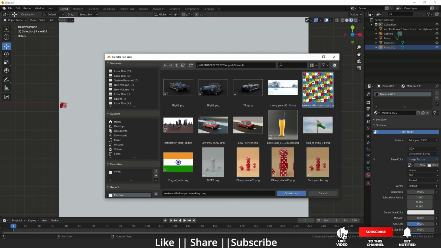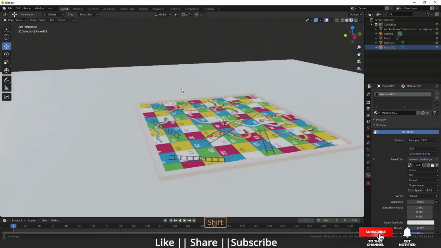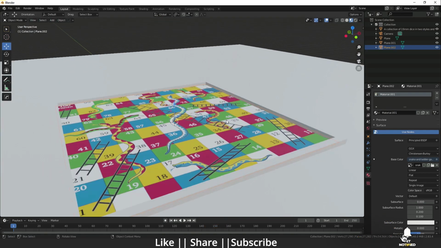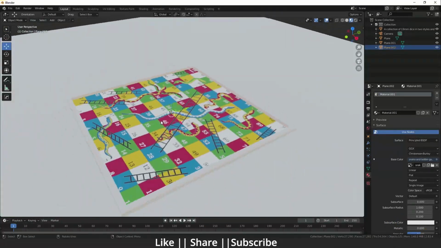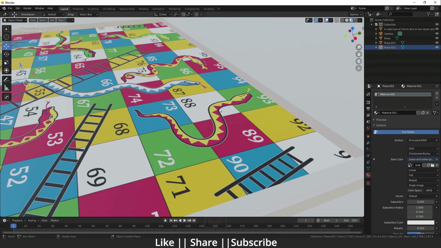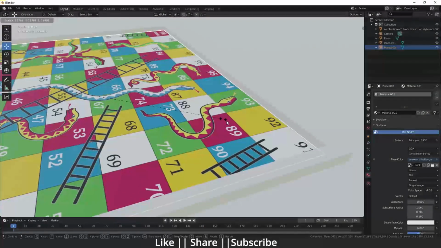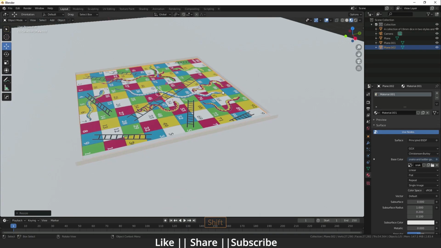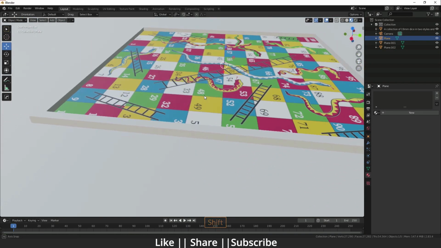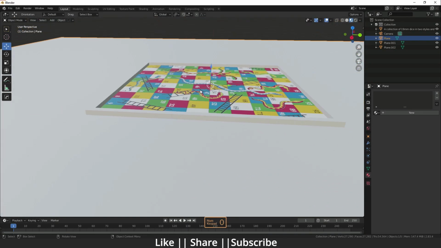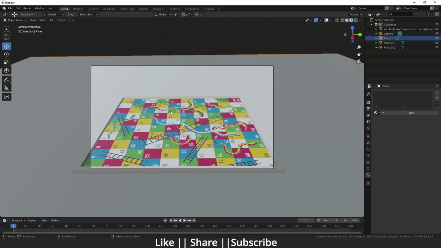So I will just open that texture, and when I open it, it is applied perfectly. Here you can see. We just need to scale it a little bit because those numbers are cutting. So now it's not cutting and it's looking perfect. So we can go to our camera view. So here you can see.